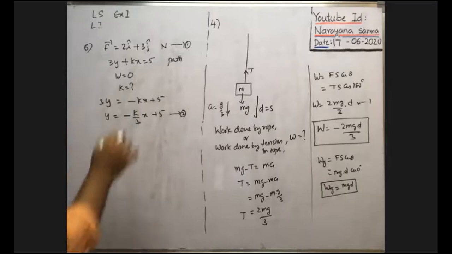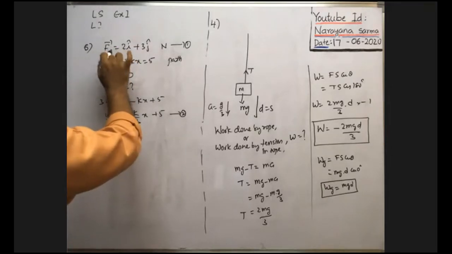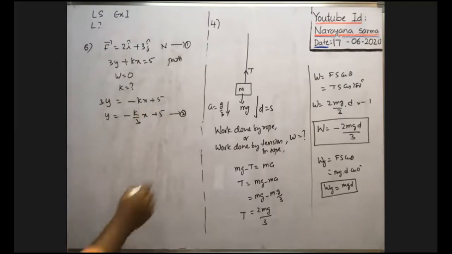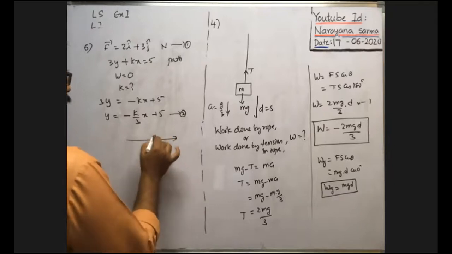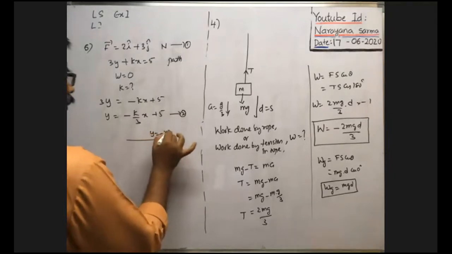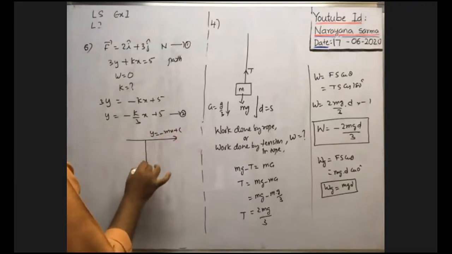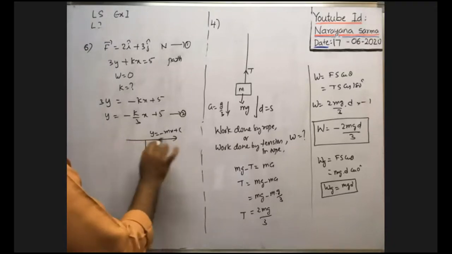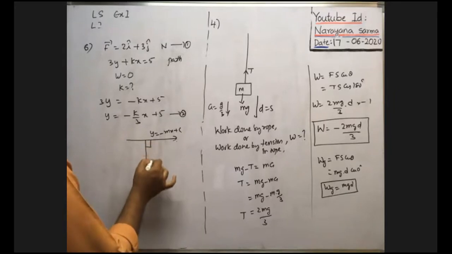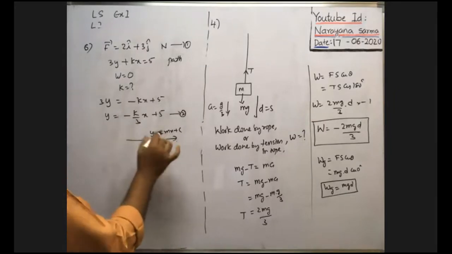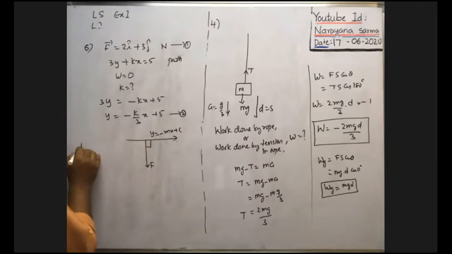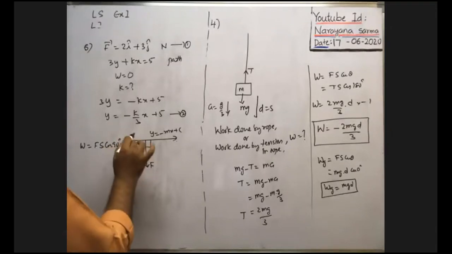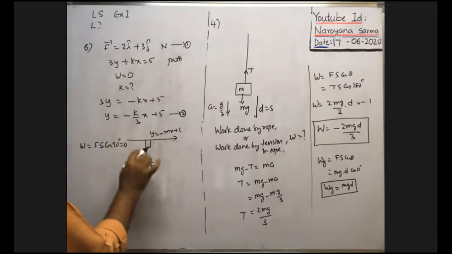Here force is applied on a body and the body travels along this path, but no work is done. Suppose the body travels along this direction, represented by y is equal to minus mx plus c. If the force is applied on a body perpendicular to its displacement, because the straight line path along which the body travels is the direction of displacement also, when you apply the force at right angles to the direction of motion, theta is 90. That's why work done is fs cos 90, which is 0. That means displacement and force are perpendicular to each other.